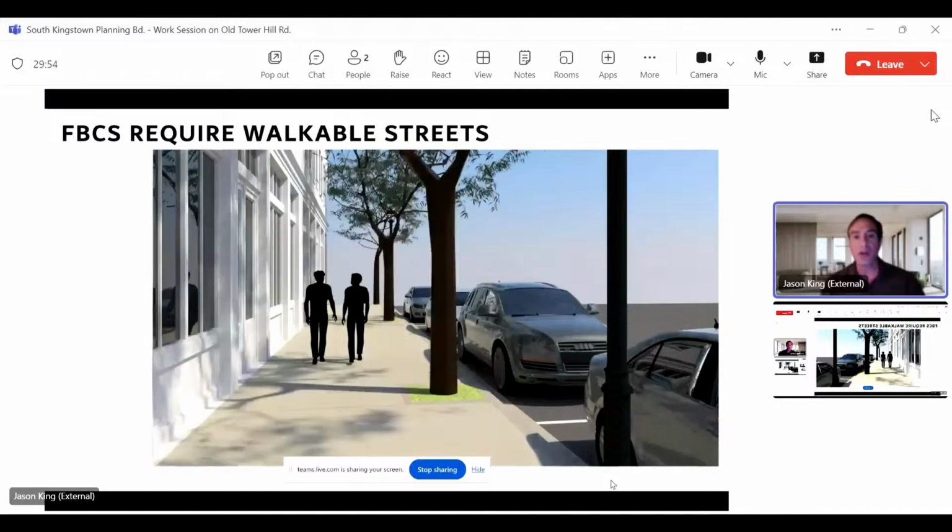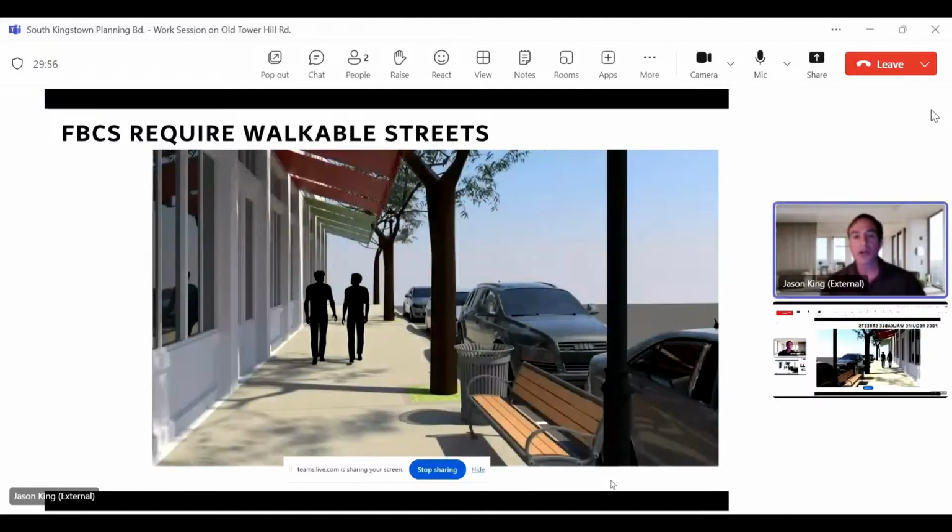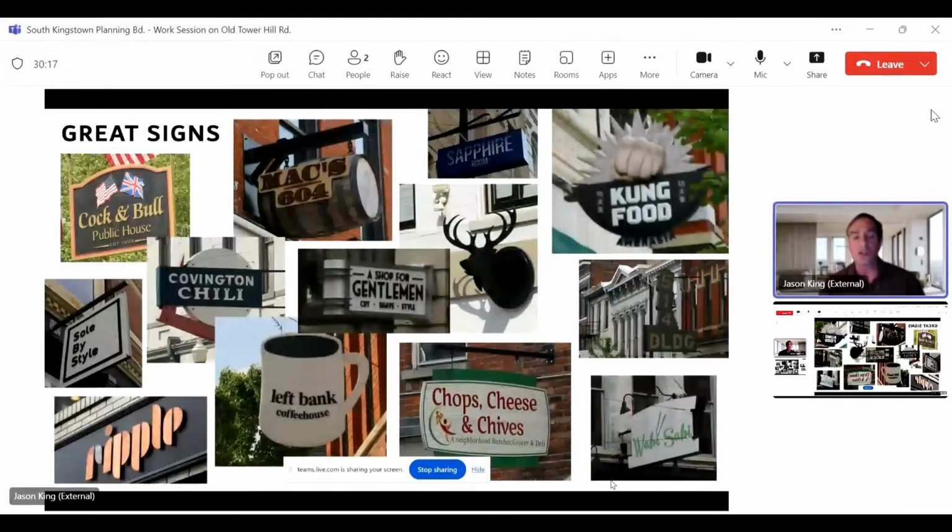It talks about how street trees are required, awnings, these opportunity zones, street furniture. We didn't require it for South Kingston. South Kingston has been handling street furniture by itself as a municipality. That could be changed. One important part is the sign code. In the form-based code, the signage changes. The signage is much more oriented to the pedestrian.